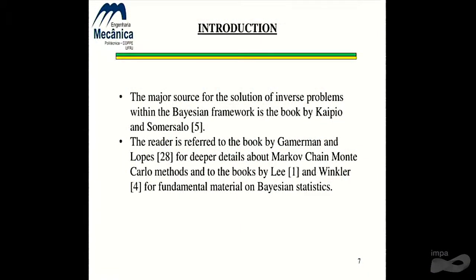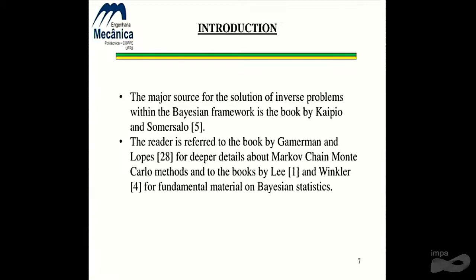Okay, and the major source for the solution of inverse problems within the Bayesian framework is, in my opinion, the book of Kaipio and Somersalo. It's a very complete, very self-contained book, which many times, when we think about doing something and we look, it's there in their book. Let me also mention that of course there are many other books about the fundamentals of Bayesian statistics, but there is a very good book by Dani Gamerman and Hedibert Lopes that is related to the computational aspects, the practical aspects of Markov chain Monte Carlo methods,